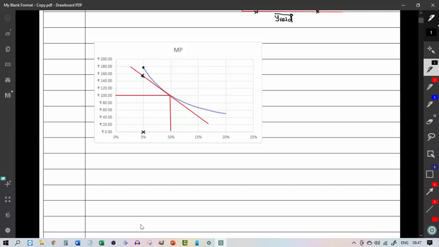And similarly, if we presume that the yield has increased to this point, that means the price of the bond, if the yield was represented as a straight line, should have fallen to this level, but in reality the price of the bond would have fallen only up to this level. So when the yield increases, the price of the bond falls, but the fall is really not as steep as it is represented by a straight line.